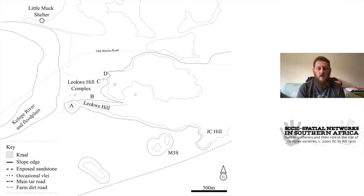And this included a massive focus on craft goods. So craft production was occurring at the site on very large scales. What exactly was being produced, I'm not sure, because it's not at the site anymore. And what they were getting in return for that is things like glass beads, metal, as well as possibly domestic